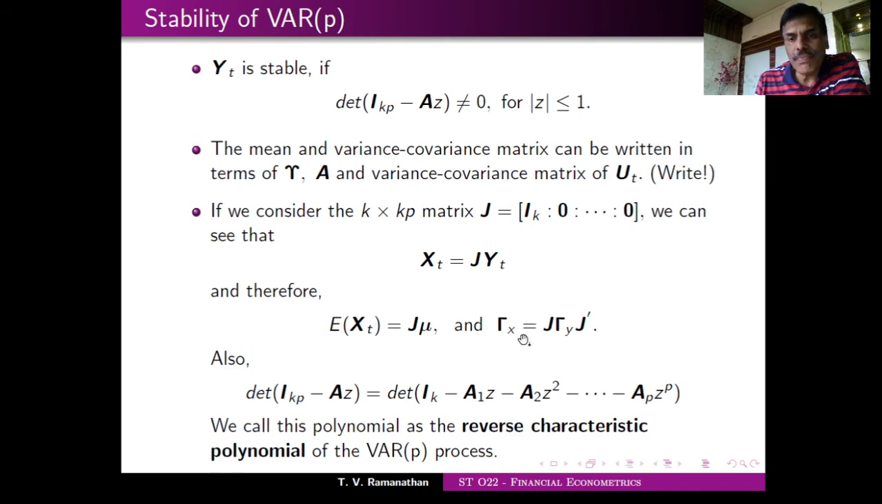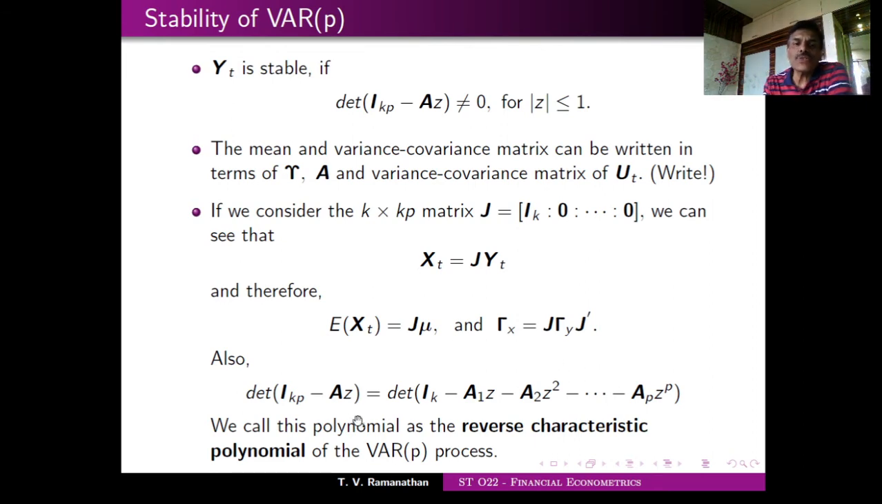Similarly, the variance covariance matrix. Now I am putting a subscript here. Until now I was not doing that, just to indicate that this is corresponding to x and this is corresponding to y, because this is like a mu, so a sigma A prime. So I'll get the variance covariance of x as J Gamma_y J prime. And what is the